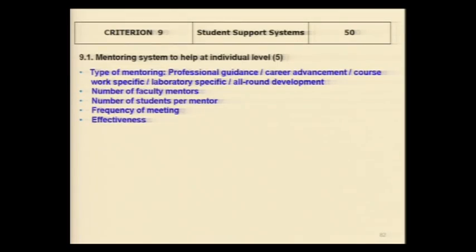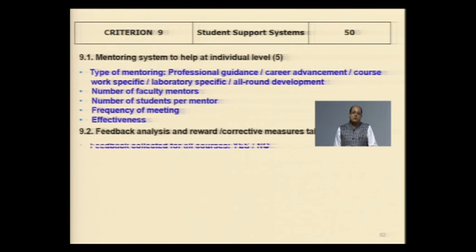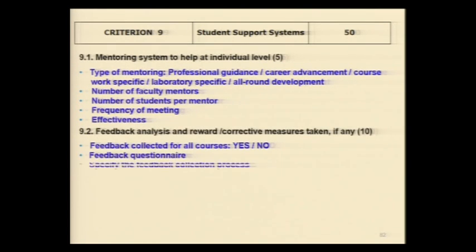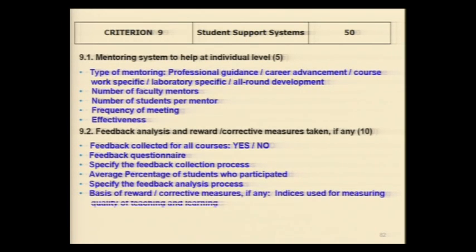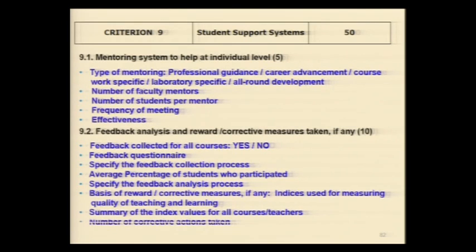So how many faculty members are involved? How many students are given to a mentor? Frequency of meeting, whether it's a planned activity, non-planned activity. So the moment you interact with the students independently and faculty independently, and if you look at the data, some of the widgets, if you see the record, you see the same pen has been used. It appears that they have created those documents just for the NBA visit.